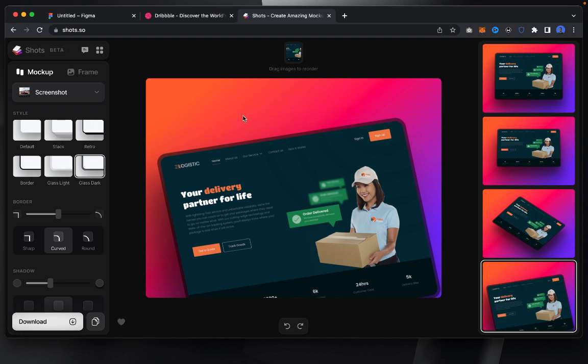You might not like this background color. What you want to do is to come to this frame section. But before that, let's talk about how you can also go ahead and